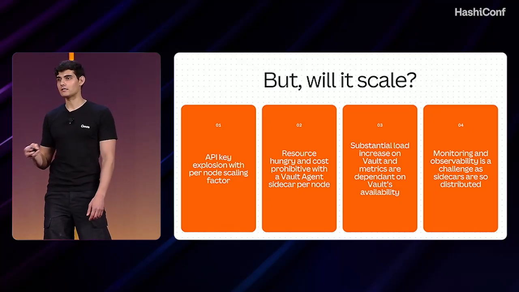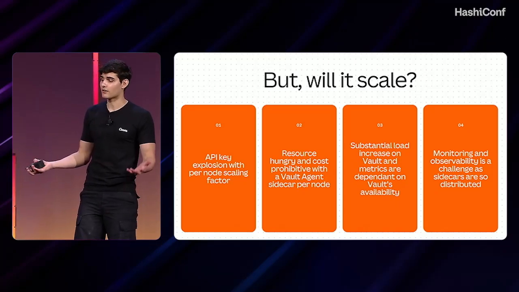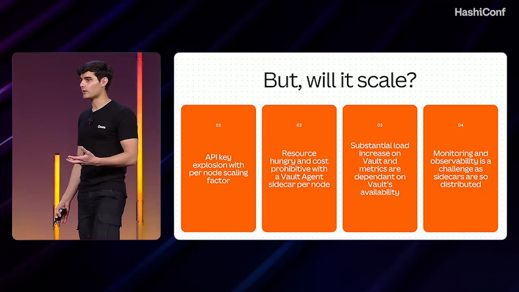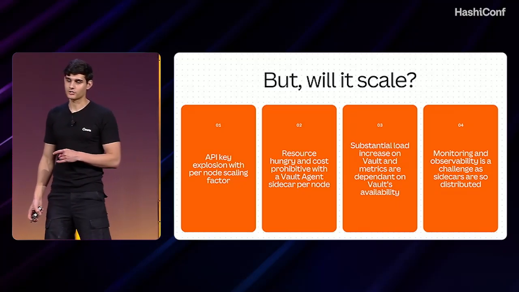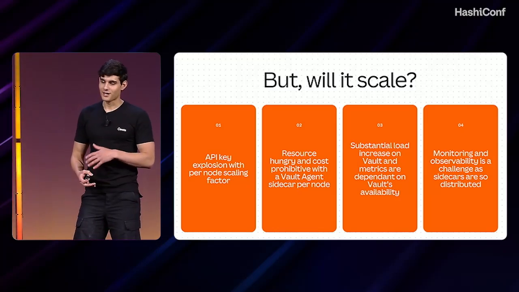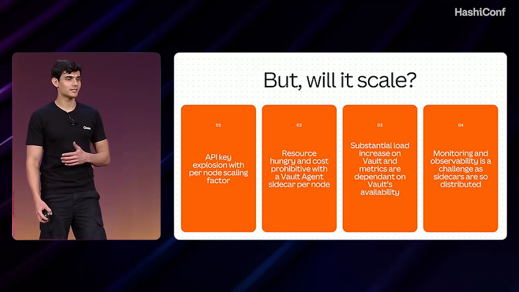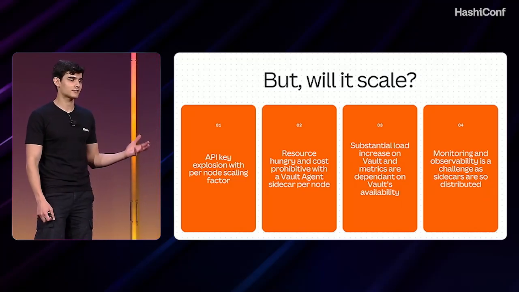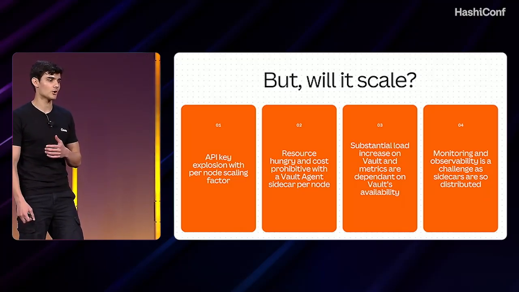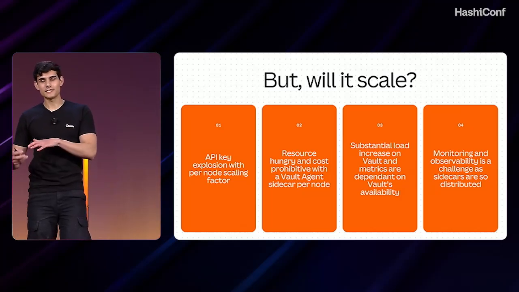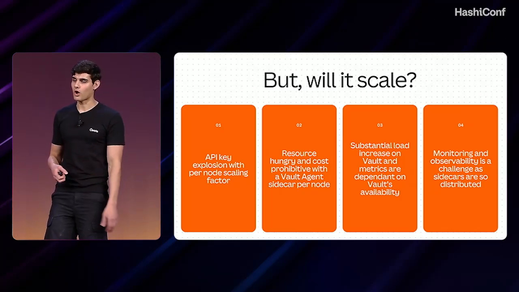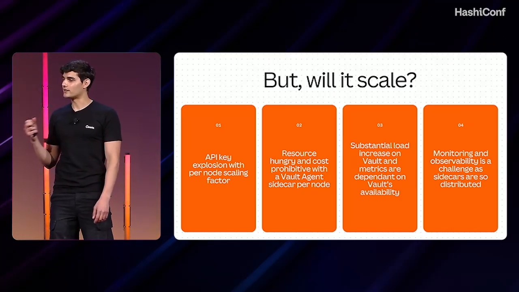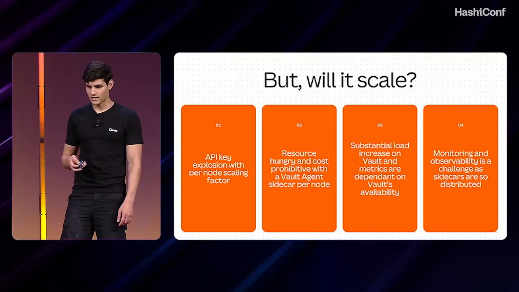And if connectivity to Vault was lost or Vault was unavailable, we'd really quickly see a metrics outage. Finally, fourth issue, monitoring and availability would be a really huge challenge because we've got thousands of sidecars across thousands of nodes. So whilst we did have what looked like a workable solution, with these concerns, we decided to keep looking,